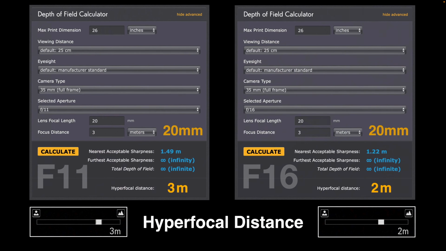lens. Now I'm using a depth of field calculator on CambridgeInColor.com, color spelt in the English way with a U rather than the American way without the U in the word color. And here I've dialed in my sensor size, full frame, my aperture, my focal length, my focus distance. I've clicked on the advanced settings so I actually get the hyperfocal distance readout, and I can see that with